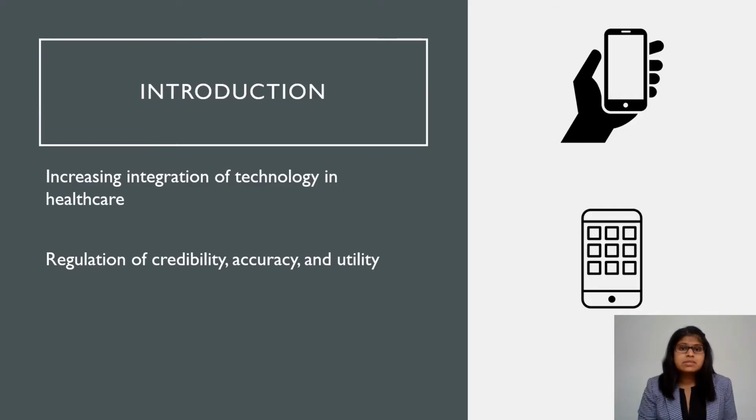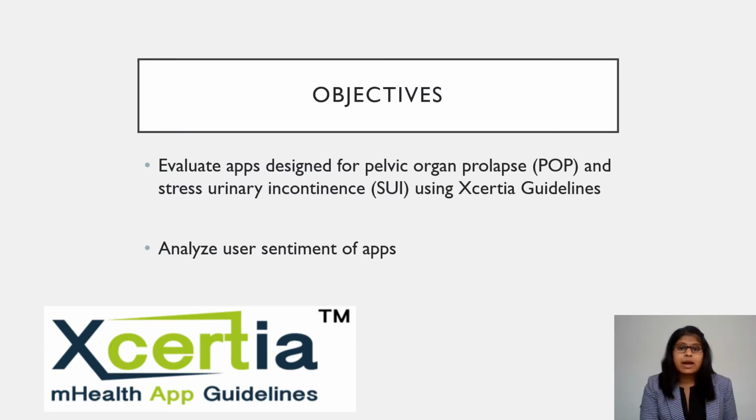As technology is becoming increasingly integrated in healthcare in terms of use by both physicians and patients, it becomes even more important to evaluate accessible mobile phone applications that patients use for credibility, accuracy, and utility. We aimed to evaluate apps using Xcertia guidelines for app operability, privacy, security, content, and usability, and we also analyzed